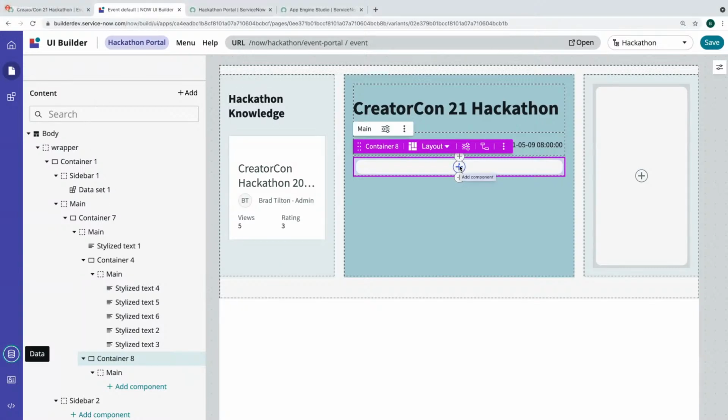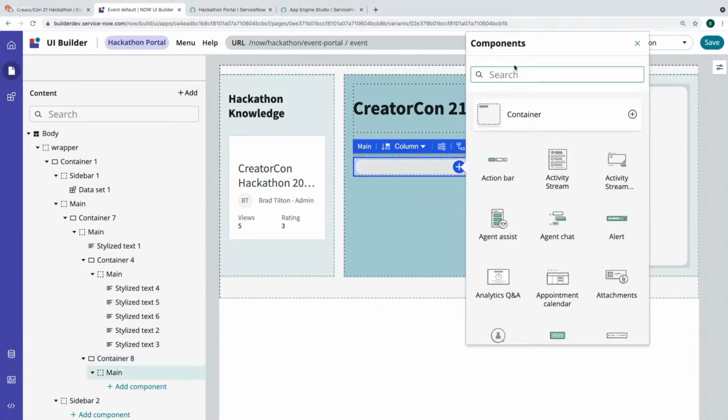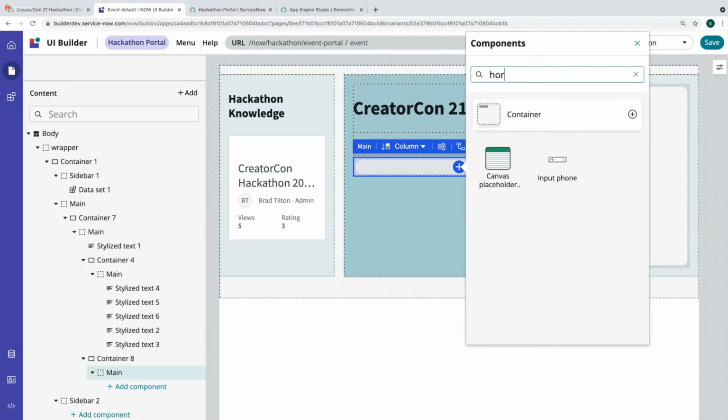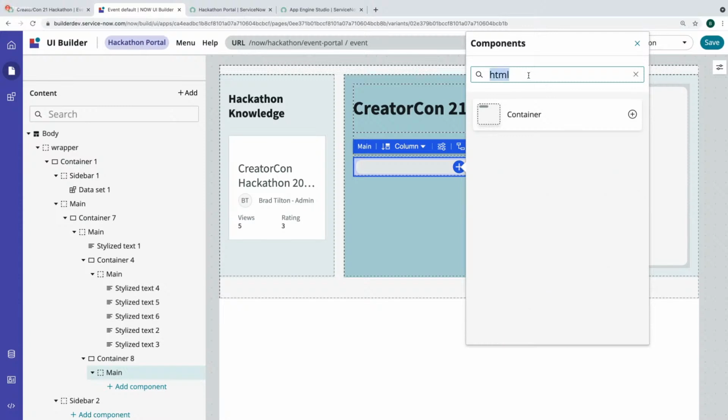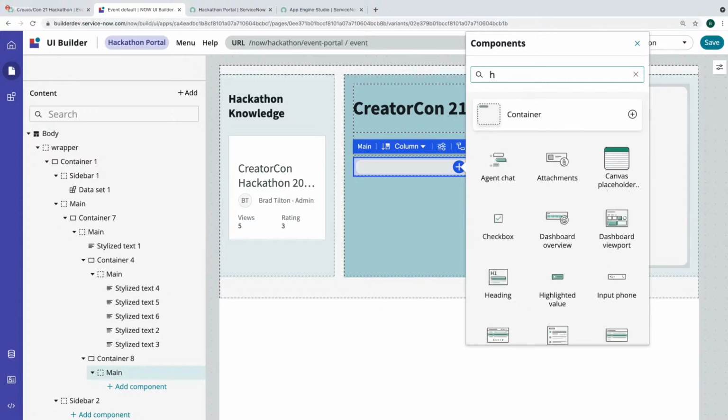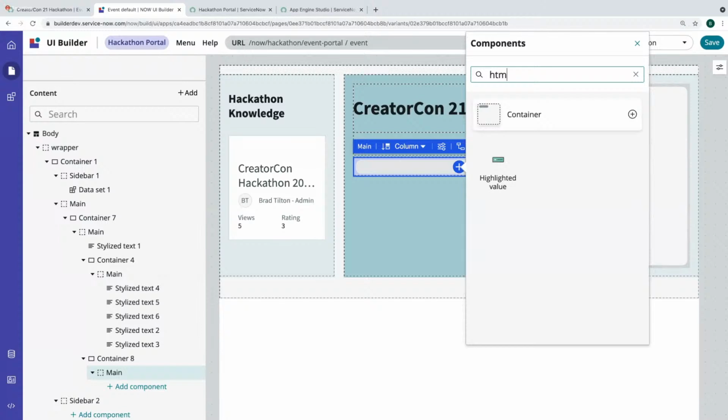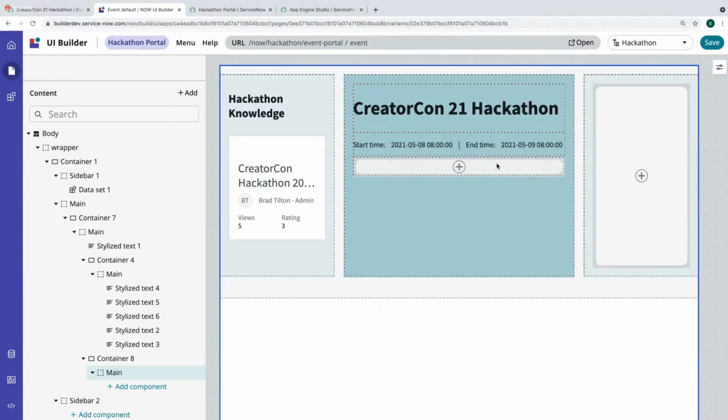Let us get our new component rolling. I think what I want to do is put a horizontal line here and separate it from the body. I actually don't know what our options are there. Let's see if there is... no, there's not. So I think we'll probably add a component and then just put a border at the top. That seems like a reasonable way to draw a line. Where's my HTML component? That's how I draw lines in Excel. Oh, it's called rich text, that's what I want. It has HTML on it. You just can't search HTML.